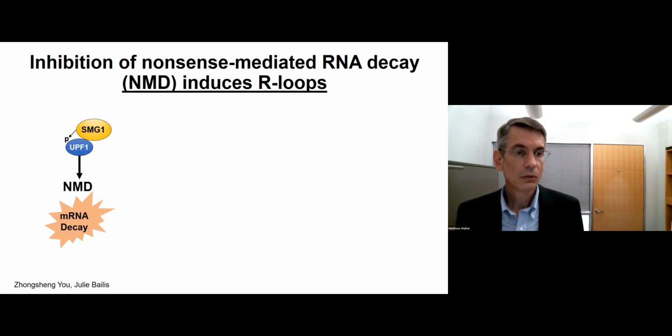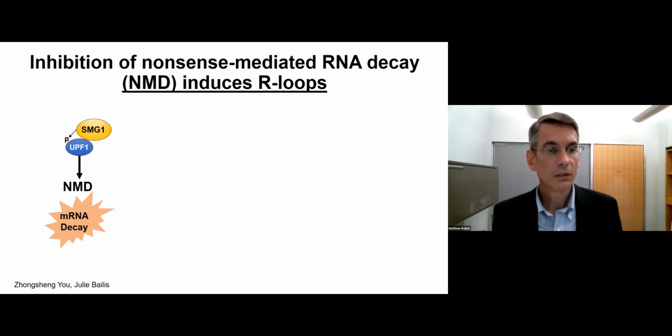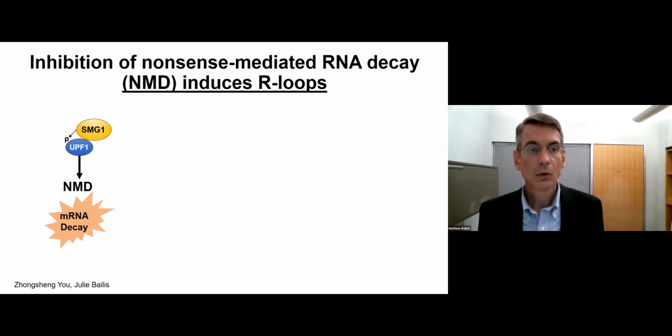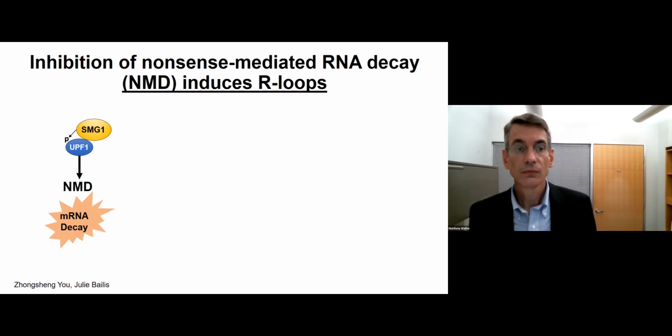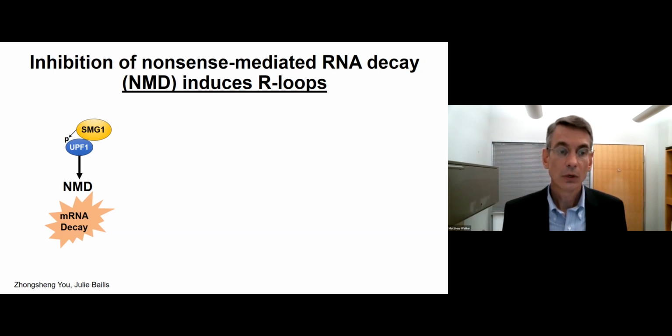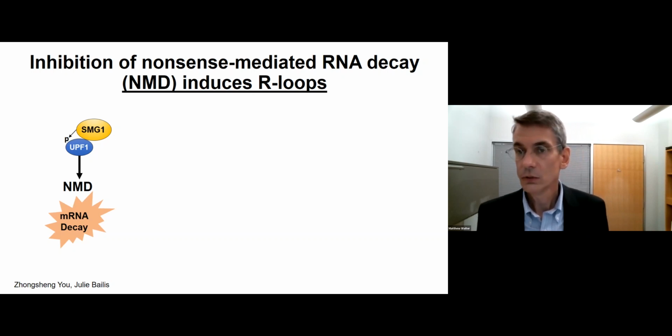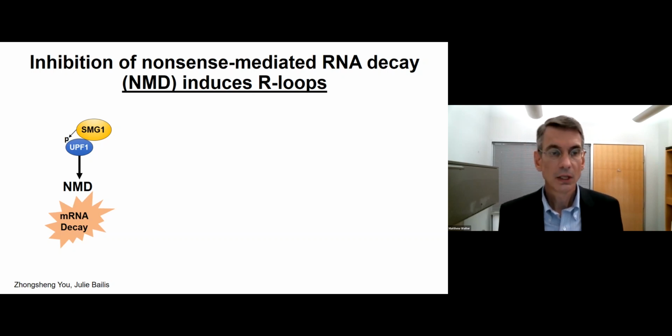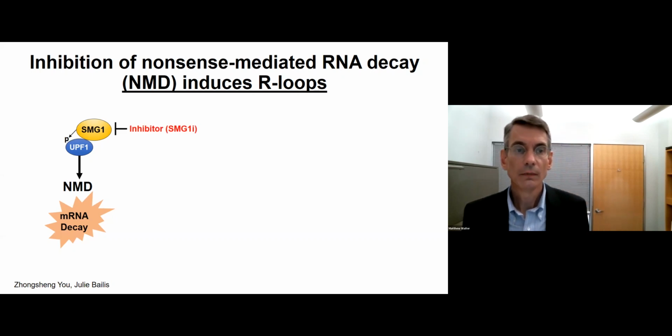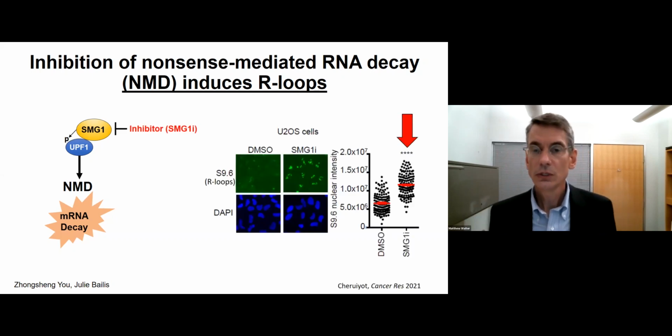And so what Zongshen Yu had identified was that in this very regulated process of mRNA decay, which requires SMG1 to phosphorylate UPF1 to orchestrate this, if you genetically manipulate SMG1 or UPF1, you actually can induce R loops. Julie Bayliss had an inhibitor to SMG1, and so Zongshen used this to show that the drug actually induces